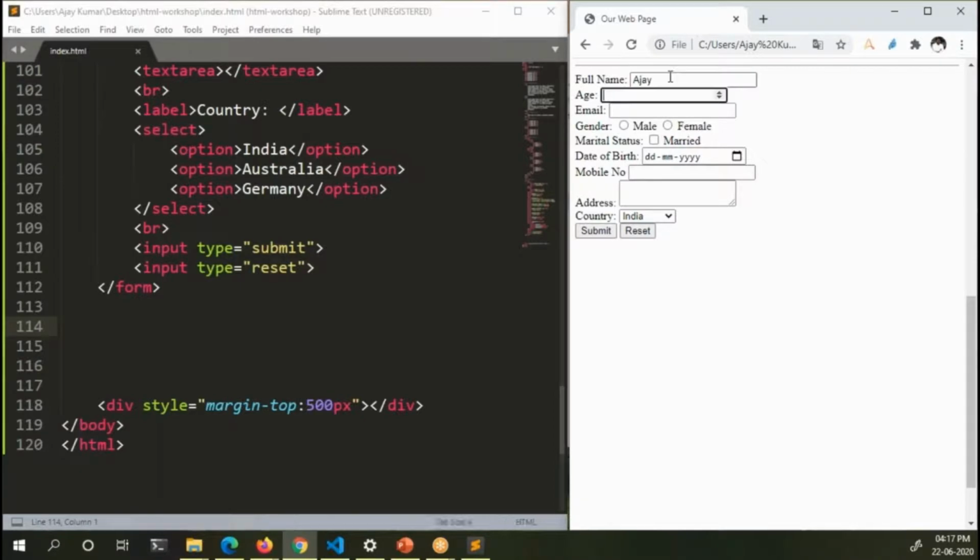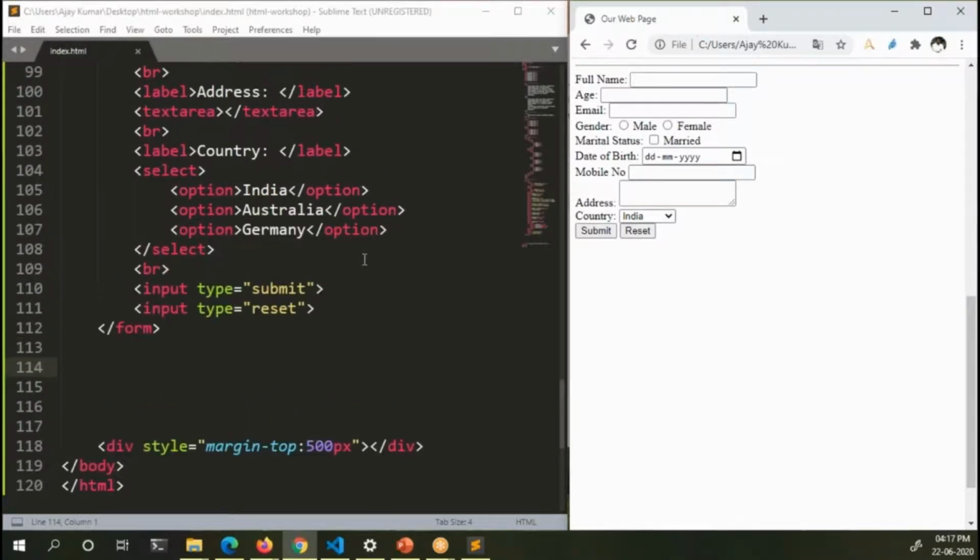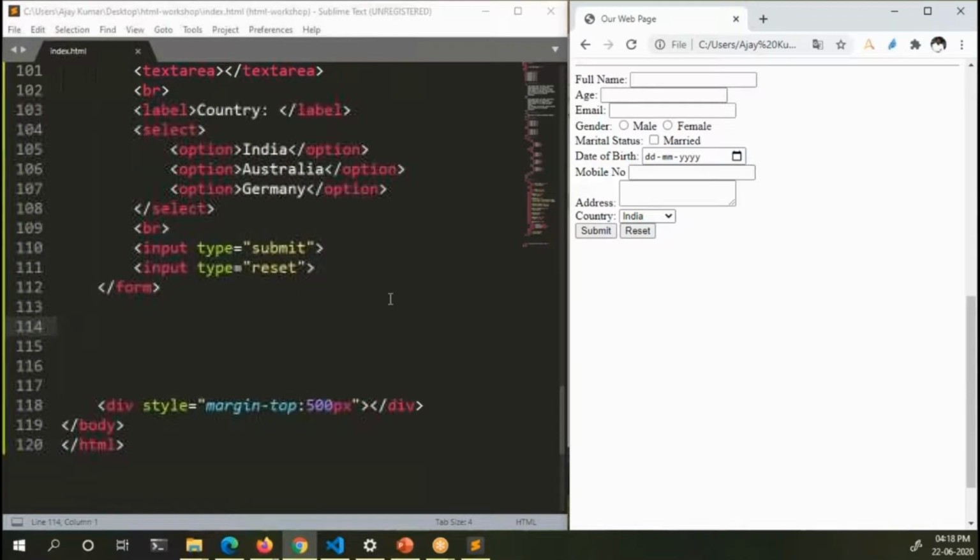So type some values, and when I reset it, all the form elements will be reset, means they are all going to be emptied out. Okay. So these are the basic form controls that you might use on a day-to-day basis when you're using HTML.